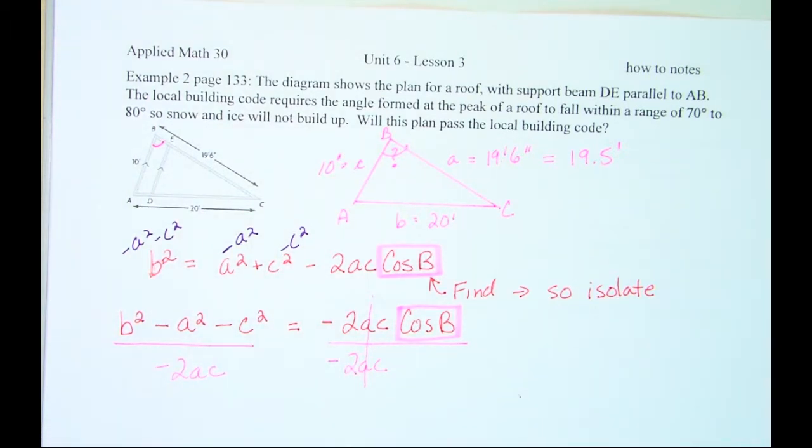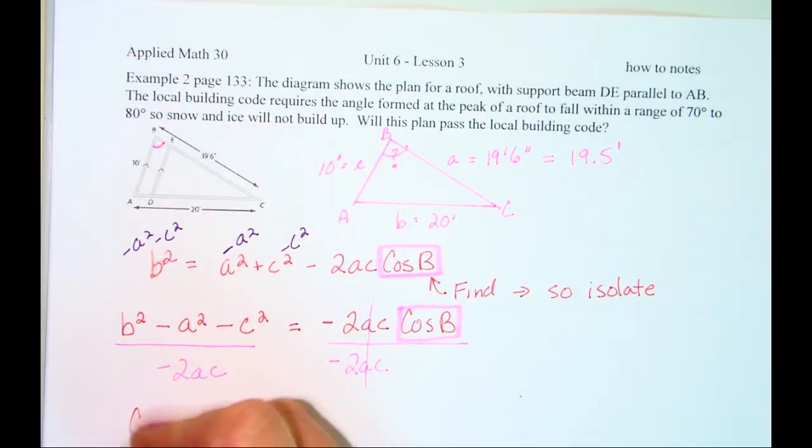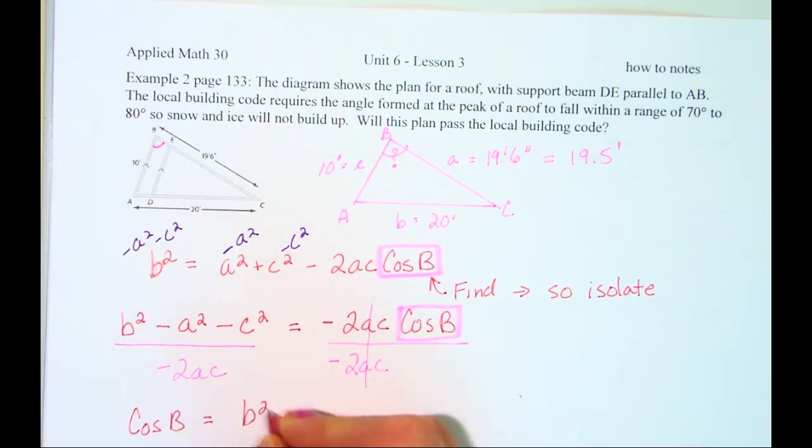And now I have the formula. Now if you look in the textbook, they flipped it all around so you didn't have a negative on that side, but I don't think that's necessary. You get 2 negatives, you divide, get a positive number when you're done. So this is simpler. So now I can just rewrite the formula, and I can put cos b over here if I want, equals